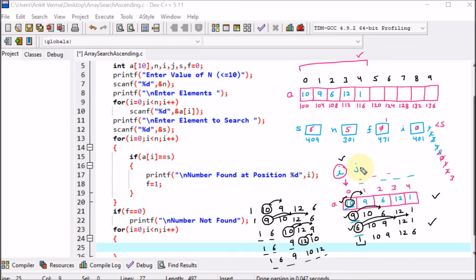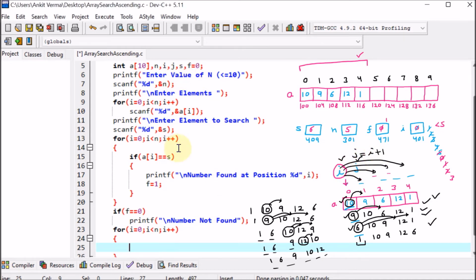Now afterward we want one more variable j. This j variable should be running after the i. So it will compare this one with the first index, second index, third index, and the fourth index, just like we have performed here. For that, j should be running 1 plus i. So j will be i plus 1.